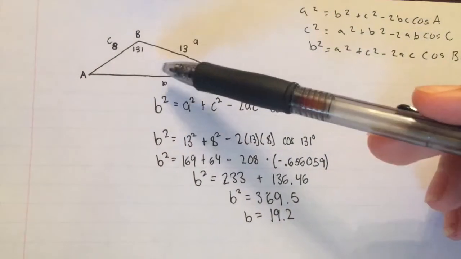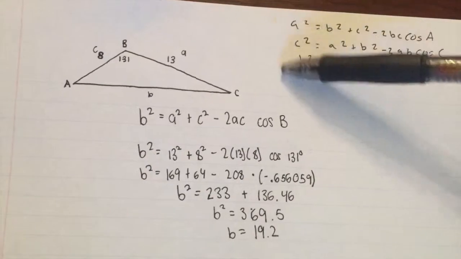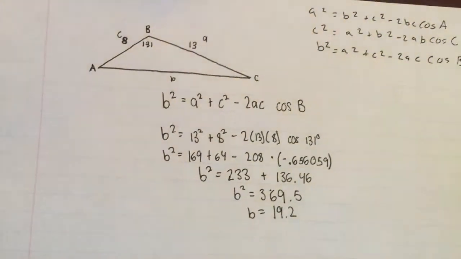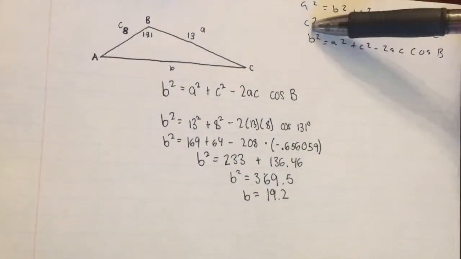So in this problem, we're trying to find b, and we always have 3 formulas we can choose from, but you always want to use the one that has the variable you're trying to find. So if you want to use a and c on this one,